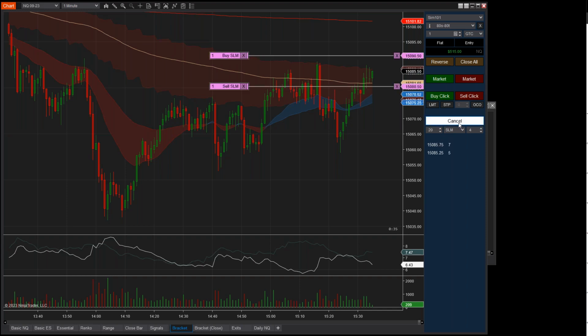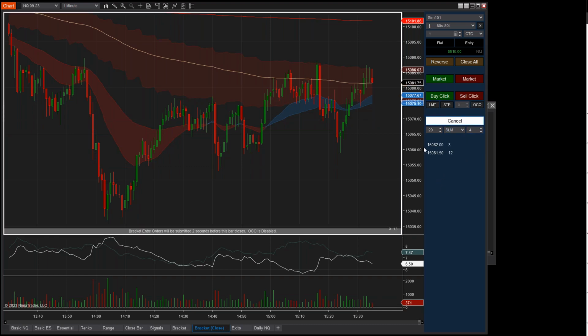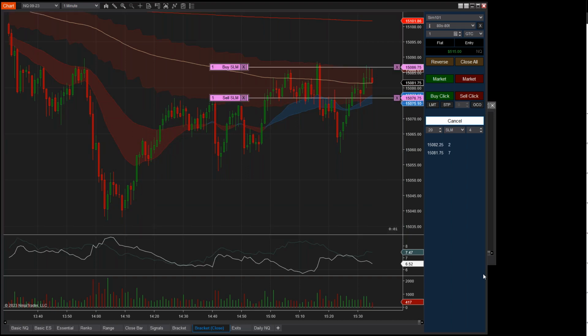So here, the countdown is working now. It just really bothers me when that wasn't. But yeah, you've got 30 seconds left in this bar, 28 seconds. All right, so you can click to immediately place this bracket, adjust the offset, adjust the stop, the type of order. But let's jump to this one quickly because this one's based on a timer. So let's say you did have a news event coming out at 3:35, which it's about to be 3:35. Now I can get this bracket in automatically. Watch here, 2 seconds before the bar closes,